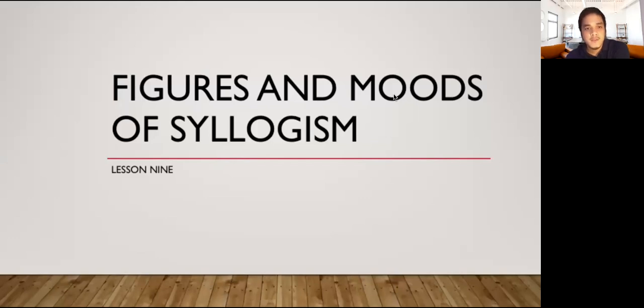So it's not enough that we only follow the 8 rules, but the test of validity includes also the figures and moods of syllogism. So when we test the validity of the syllogism, it must have 3. First, you have the 8 rules. Second, the figures. And third, the moods of syllogism. So let us proceed. The figures of syllogism